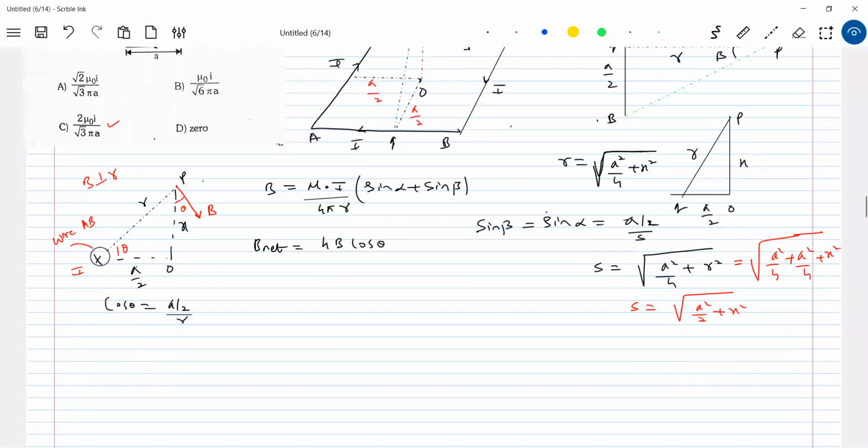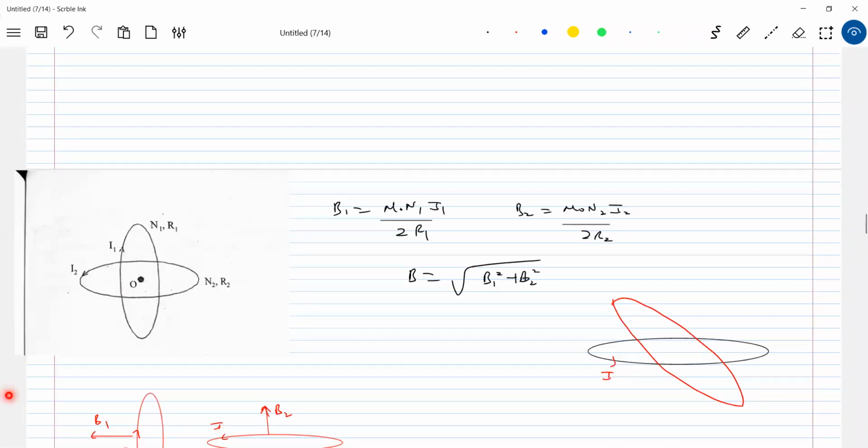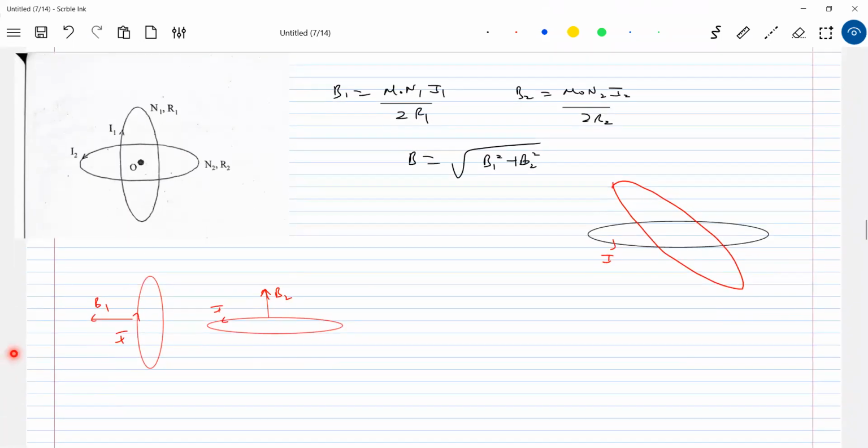Just drawing, trying to view that. Whenever you get a 3D diagram, what is the best way of analyzing it? View it through different planes. This is the only thing available for you.